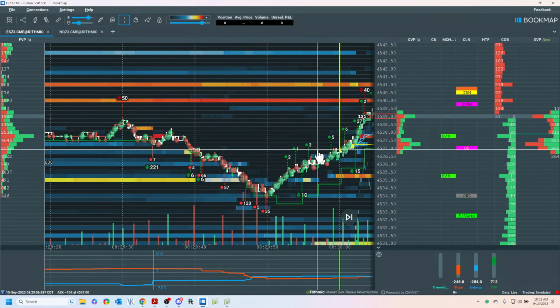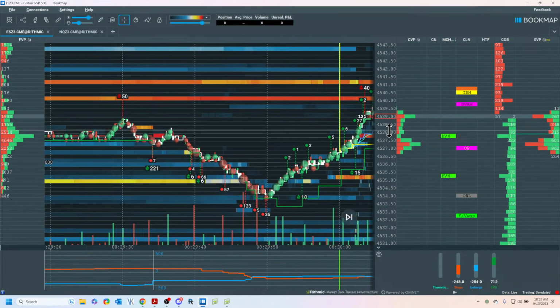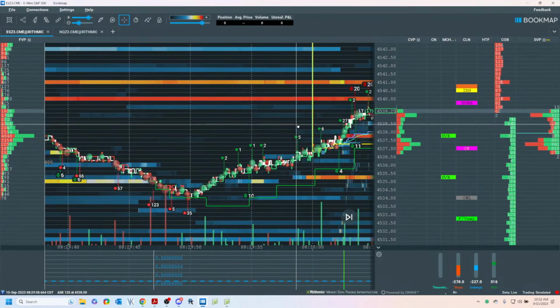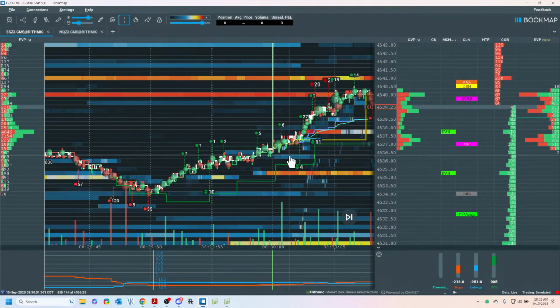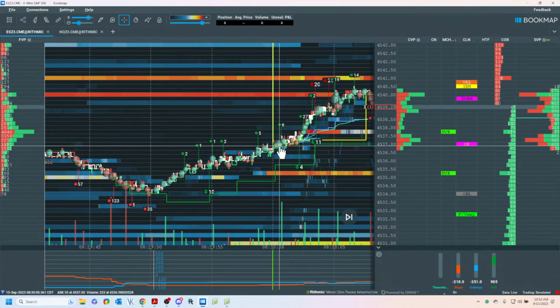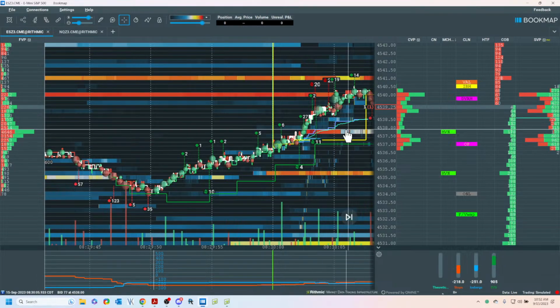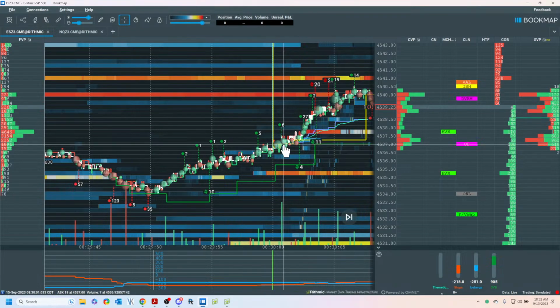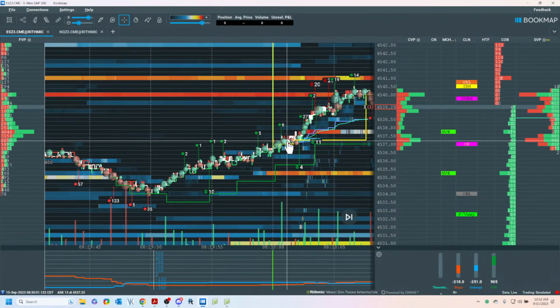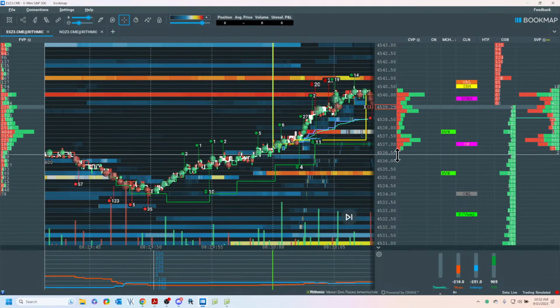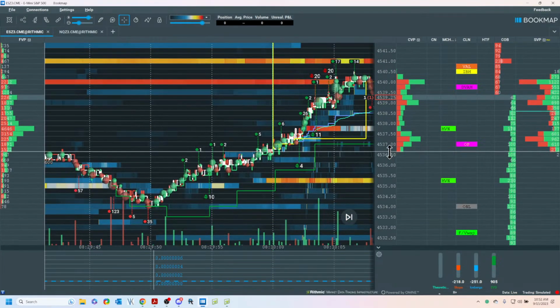I am having some trouble here with the mouse. Hopefully we're not going to have big trouble. So let's watch. Now we're anticipating buying. Now for me, there's no longs, but let's look at how this behaves. So this is too low. This is VPOC migration. This is a structured long in the Trader Lab.